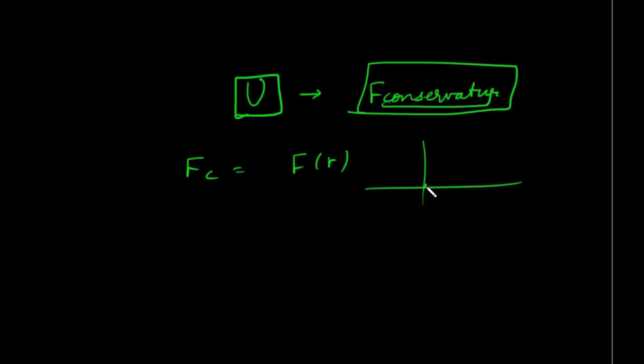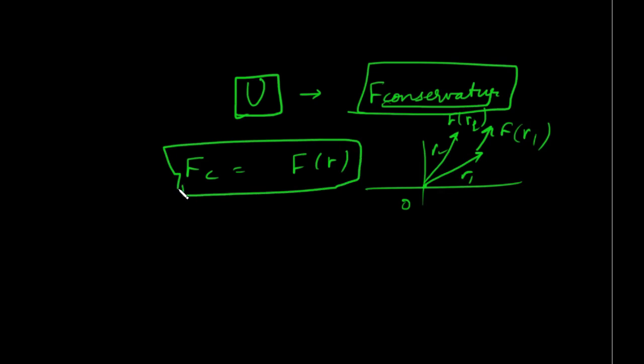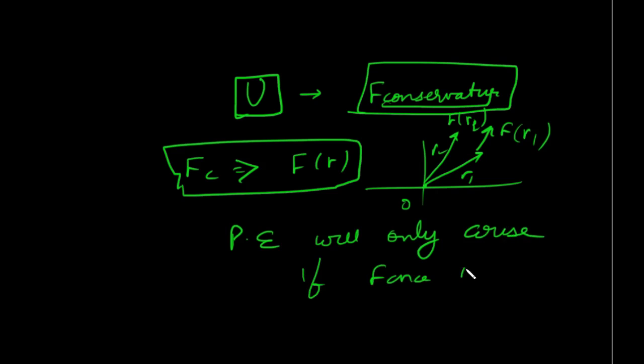Say for example, this is a point O and this is F, okay. This F is a function of R from point O, alright. When this is R1, F becomes F of R1, and if F is here and this is R2, then F becomes F of R2, alright. So a conservative force is always a function of R. If this conservative force is there, then only potential energy arises, okay. Potential energy will only arise if the force is conservative,